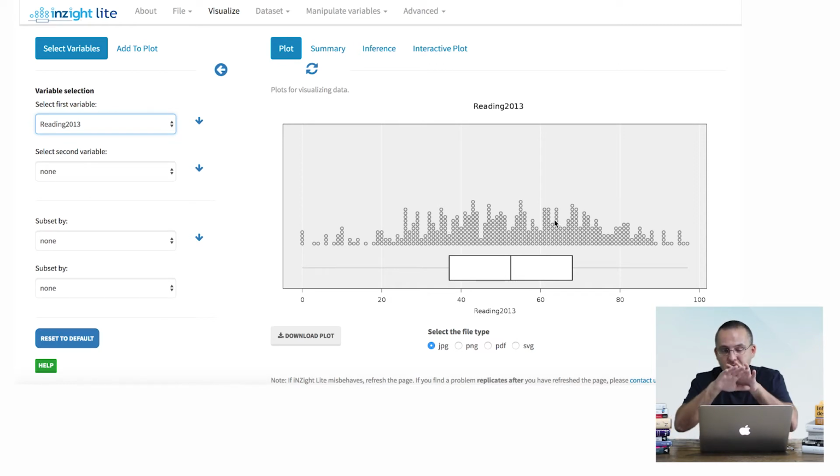So this is showing us the shape of the data, the distribution of the data, and also the range of the data. The range of the data is the minimum value and the maximum value of this distribution. In this case, the minimum value is 0%. There are schools in which no students read well, and 97% or something like that. That's the maximum number. That's the best school in terms of reading in our distribution.